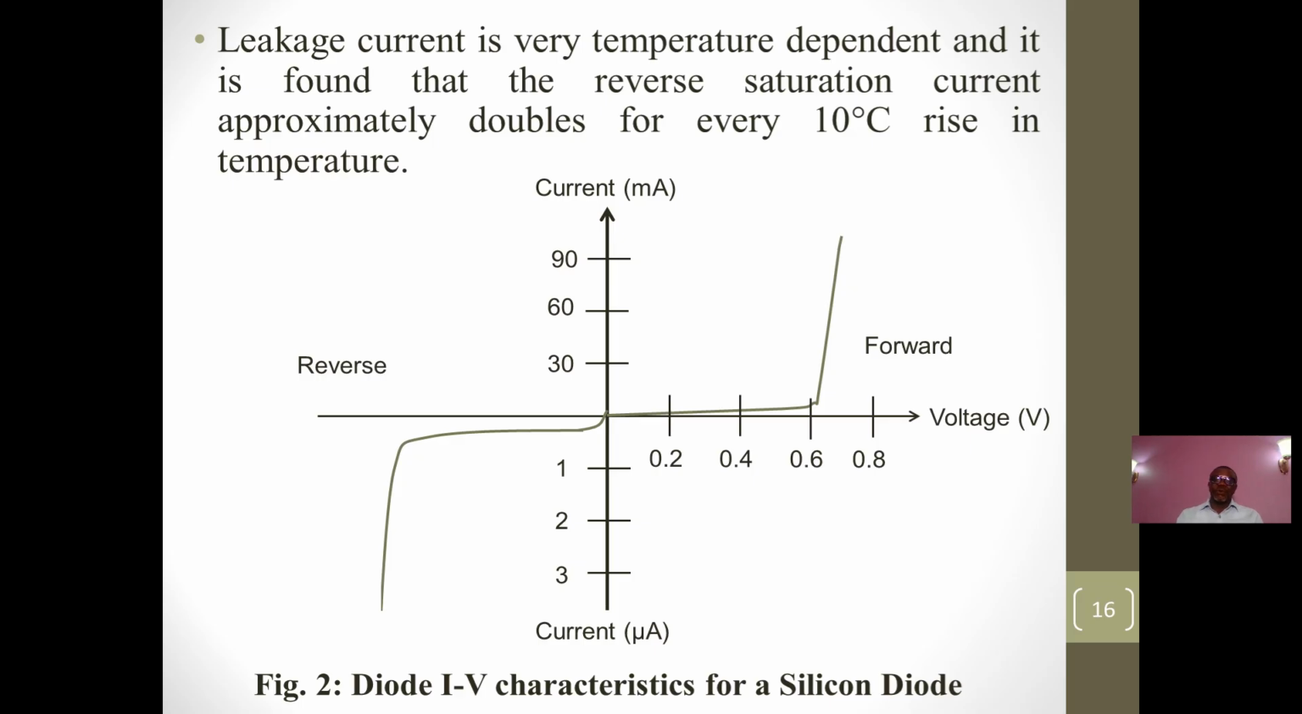So when current flows in the direction of the arrow, at a certain point, when the voltage gets to just a little above 0.6 volts, the current rises sharply. You can see how the current rises sharply after 0.6. If you apply voltage in the negative direction, that is, the reverse direction, you will see that